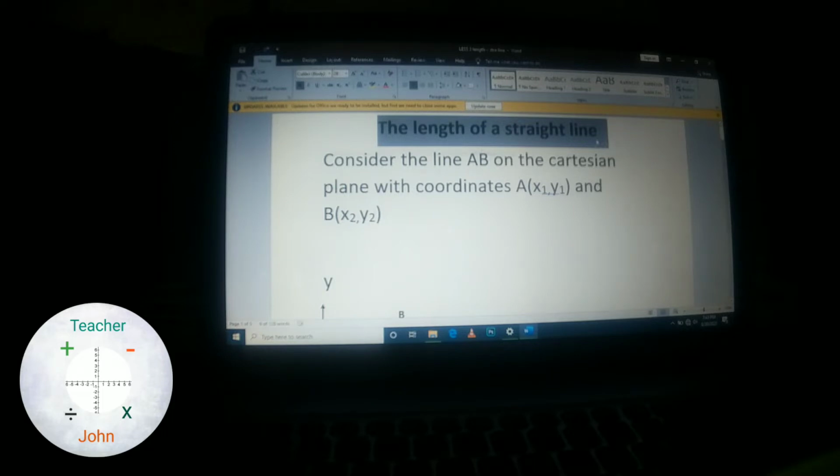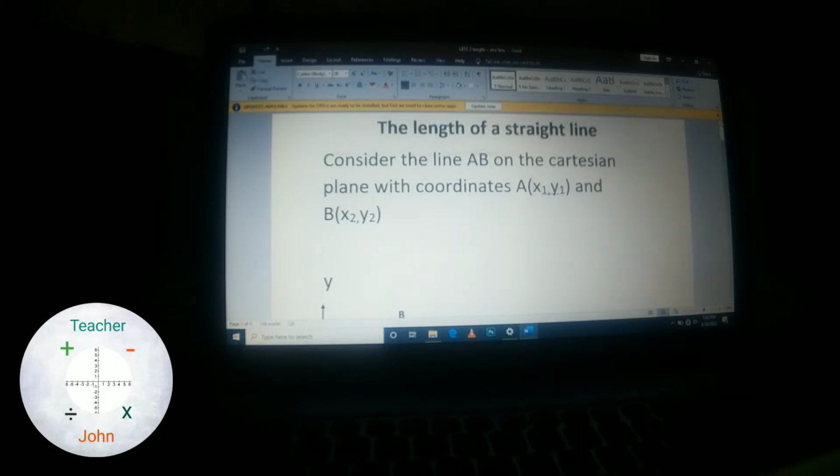Today, let's have a summary on how we can get the length of a straight line. Because the last time we talked of the coordinates on a straight line, we talked of the gradient. So today, when we talk of the straight line or the length on that straight line, let us first consider a line AB on a Cartesian plane, having the coordinates A,